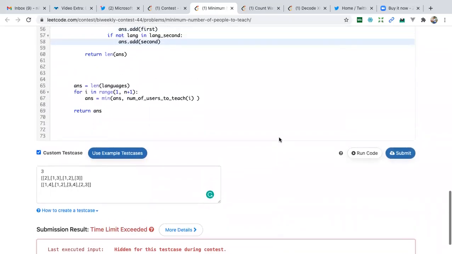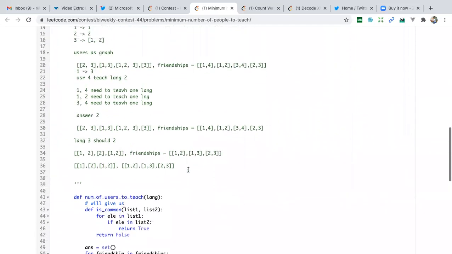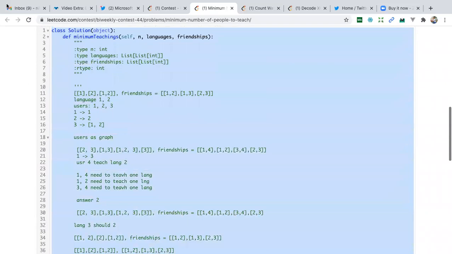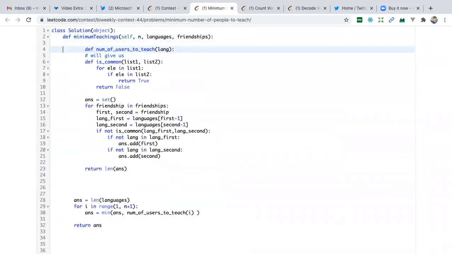Okay. Really? So the answer is correct, but we got a time limit exceeded. We have the right approach, but we got a time limit exceeded. So you have to optimize it. Yes. So maybe what we can do is